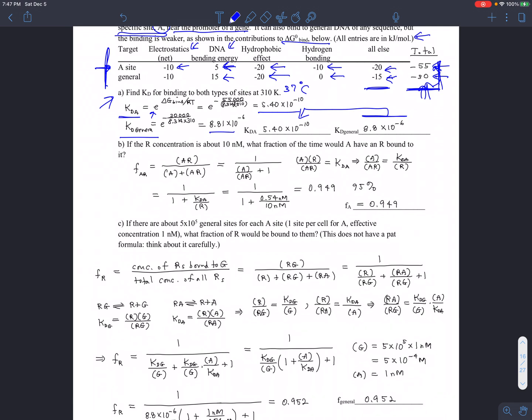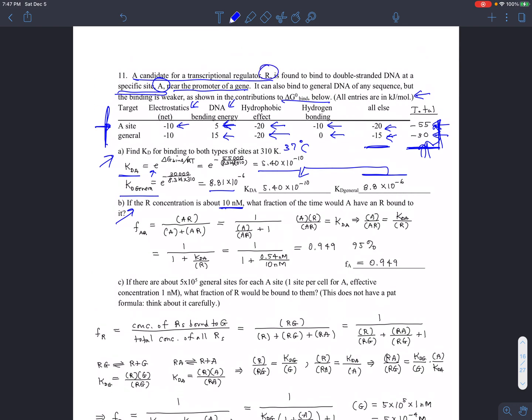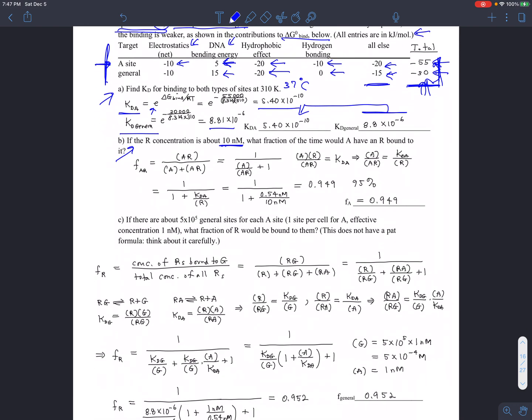All right, if the R concentration is about 10 nanomolar, that's our gene here, our regular gene, what fraction of the time would A have an R bound to it? And the answer to that is, I always rederive these formulas, because there are so many different possible fractions of something over something, that I always rederive just to make sure I've got the right thing. So the fraction is the amount of stuff that's bound to A